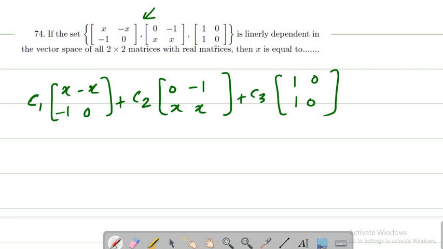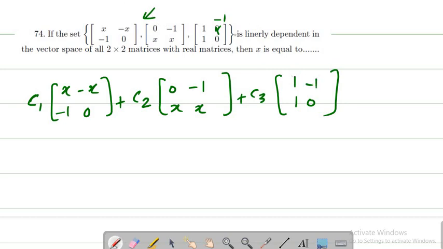I'm sorry, there's a small correction in this question. It is not 0, basically it's minus 1. It's 1, minus 1, 1, 0. I think it's just again a small typing mistake, because when I take the questions and type them in LaTeX for you, sometimes it gets a small mistake, but I have the question paper with me, so with this I'm correcting it. So it's basically 1, minus 1, 1, 0. I just correct it here also. It is 1, minus 1, 1, 0.